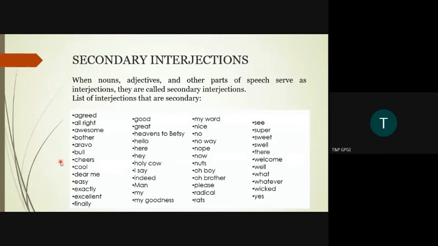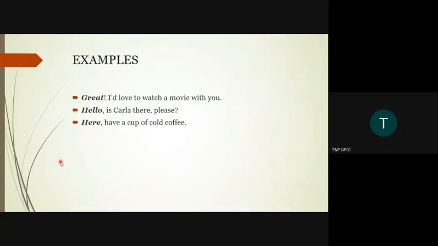Okay, or whatever, exclamation mark, at the end of the sentence, not conversation but sentence, or yes in caps, exclamation mark. Okay, so examples I'll give you. Great, I'd love to watch a movie with you. Or hello, is Carla there, please? Or here, have a cup of cold coffee, when you offer it to someone. Okay, so these were the examples of primary and secondary